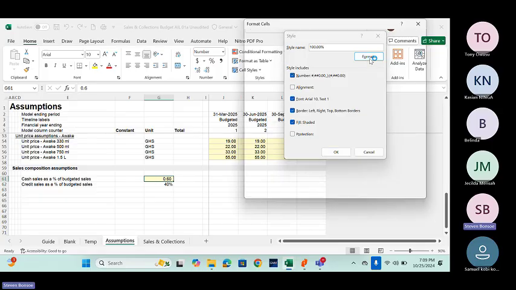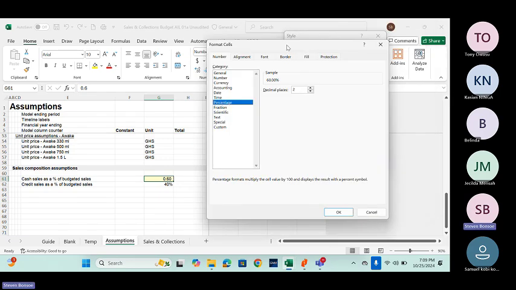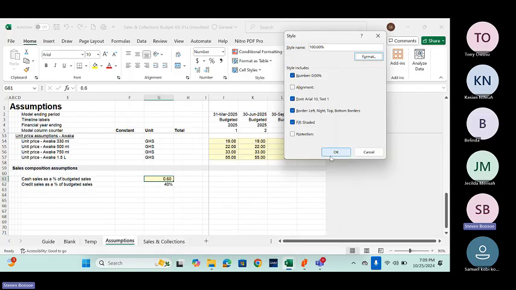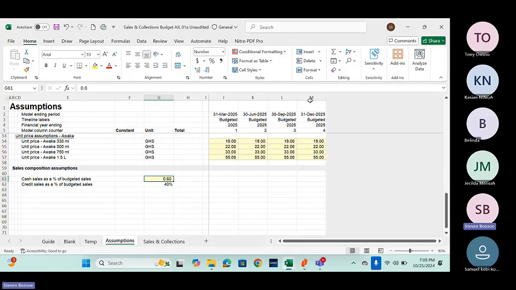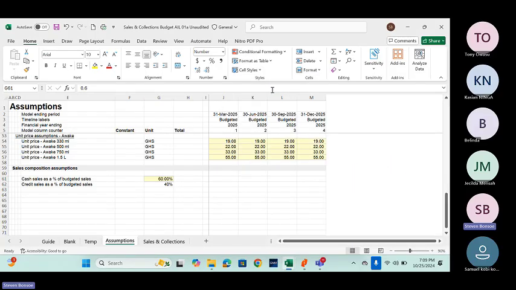Go to the number format. So I'm going to the format cells dialog box here. I go to percentage. In fact, this is examinable, so you need to know how to pick items from the format cells dialog box. So I go to percentage, and then I choose 2 decimal places. It's already done. And then I say, okay. So now I have created a new style from an existing style,